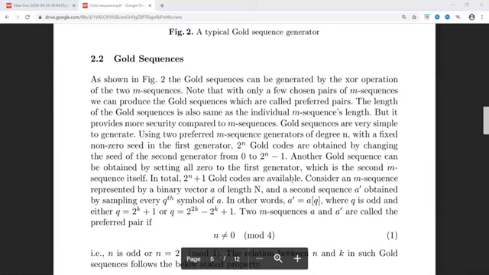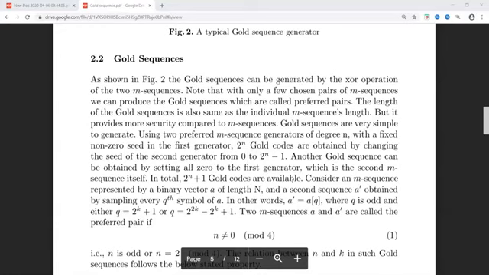With a fixed non-zero seed in the first generator, 2 power n gold codes can be obtained by changing the data of the second generator from 0 to 2 power n minus 1. That means you are performing L cyclically shifted versions of the other M sequence before you do the mod 2 operation with the constant sequence.